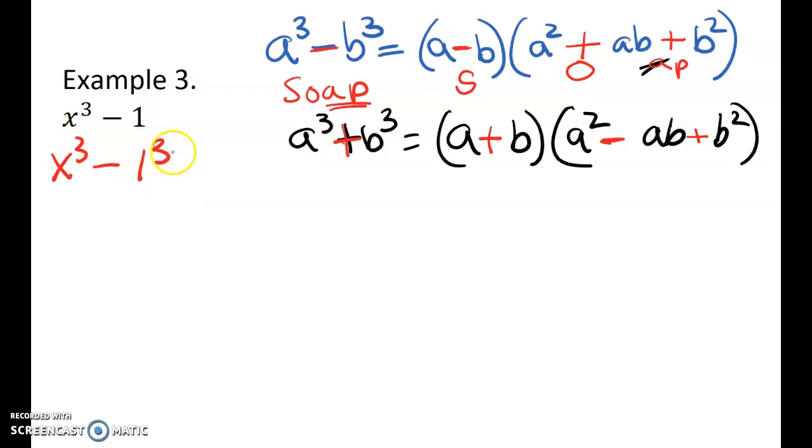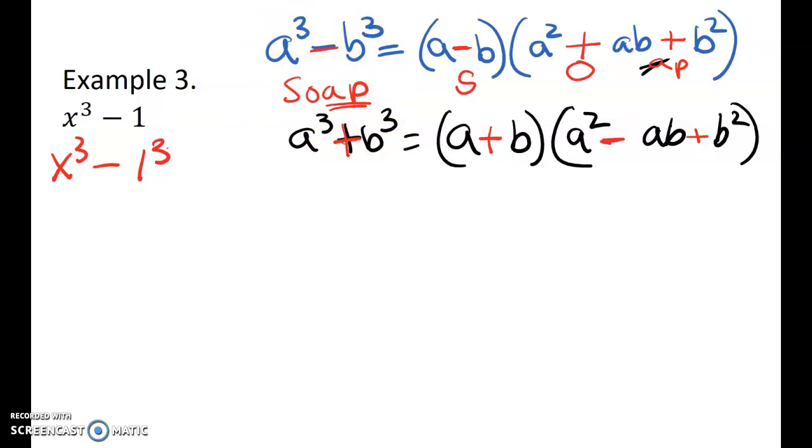And how do I know that that's 1 cube? Well, I'm trying to check to see if this number here is a perfect cube. If it was 27, I would say that this is 3 cubed. If it was 8, I would say 2 cubed. Well, this is 1, and 1 is a perfect cube. It's actually 1 cubed. So now I have this set up here where I have a cubed minus